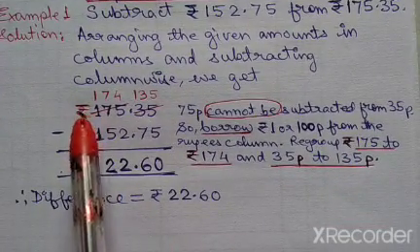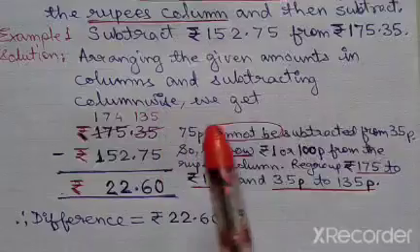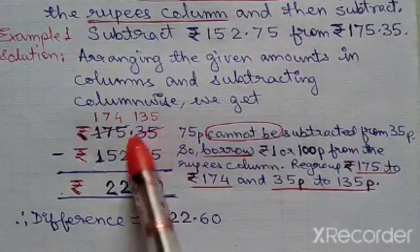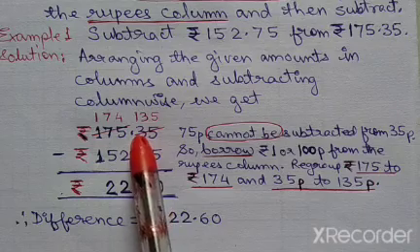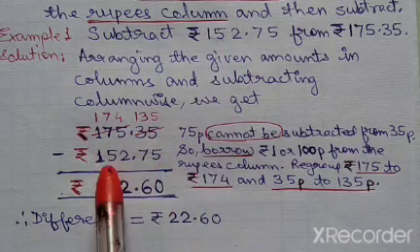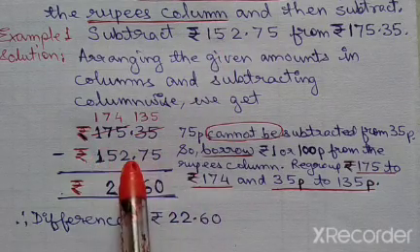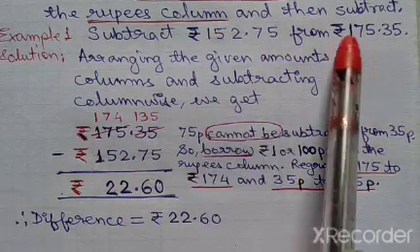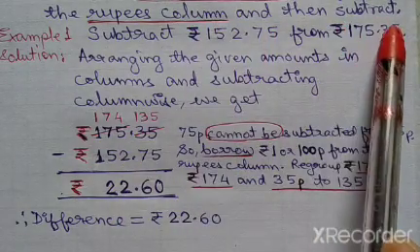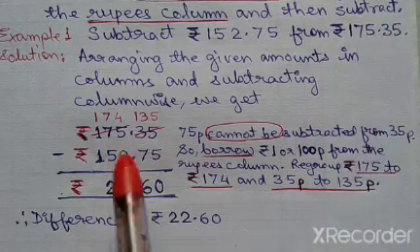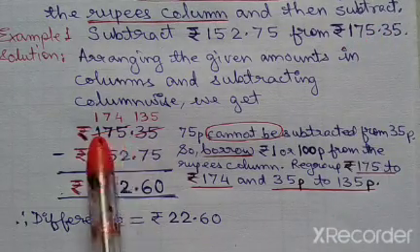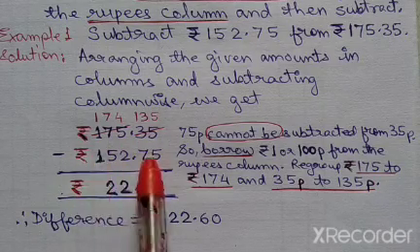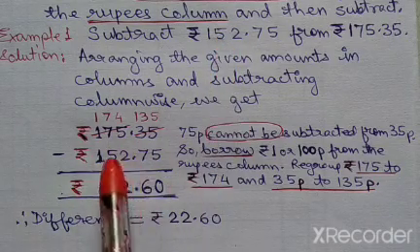First write the first. Now children, if you see the question carefully, this one is the minuend. This is the bigger amount, so write the bigger amount first, children, and the smaller amount should be written below the bigger amount. In other words, the first amount is our minuend and this is our subtrahend. And children, in case of subtraction, we always write minuend first. So write the minuend first, and after that below minuend you have to write the subtrahend. This one is a subtrahend right here.